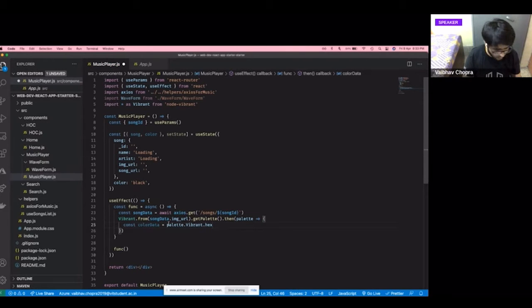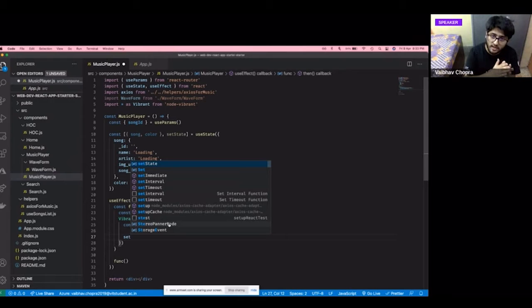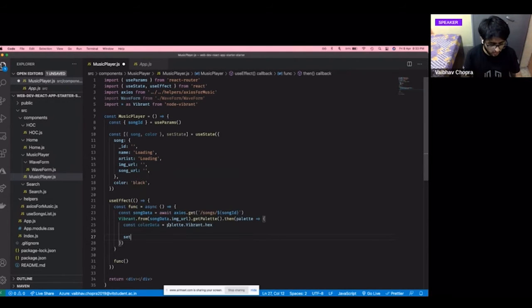So now I have both the song data and the color data. This is all I need to play the music and have it look good. So I'll set the state now because I have the information of both these things.